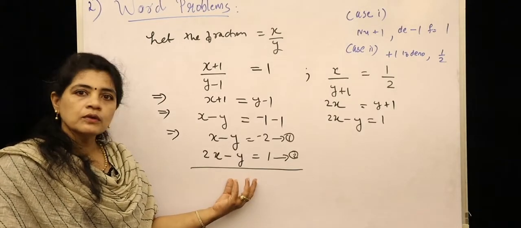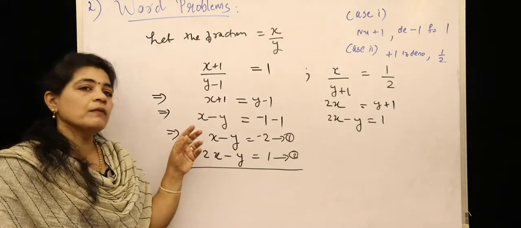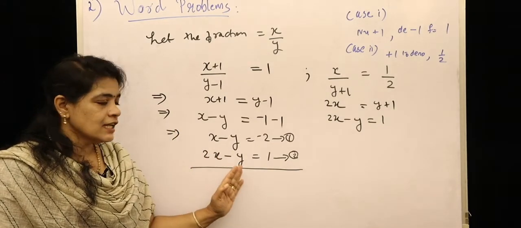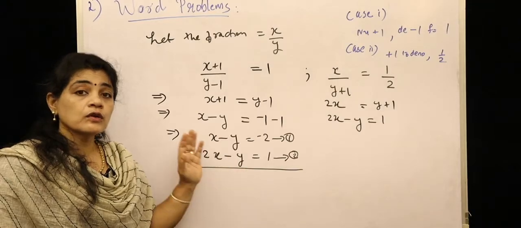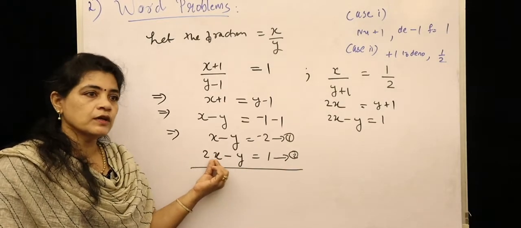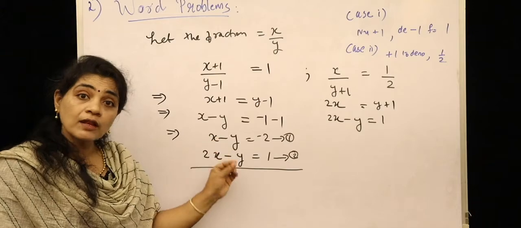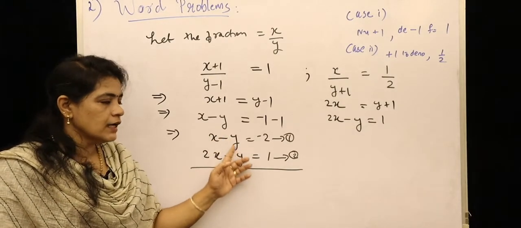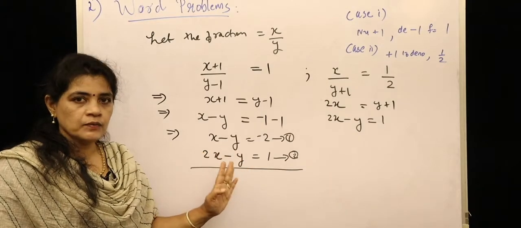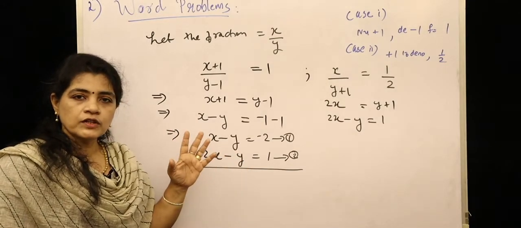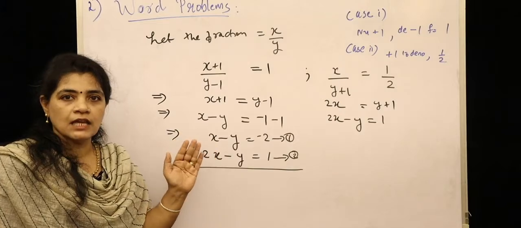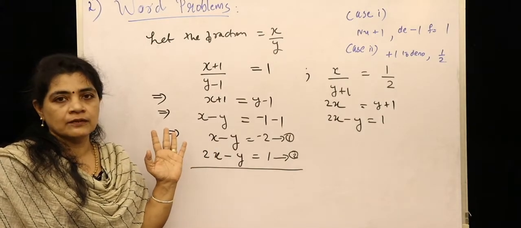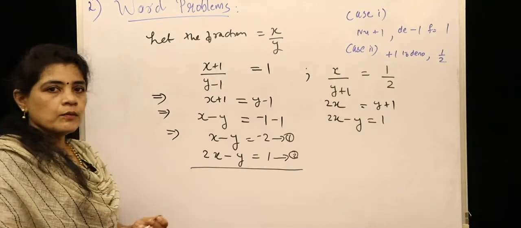So what to do? Here, without making the coefficient of x the same, we can easily eliminate y. Not only simply concentrate on the x term, you can eliminate the y term in the first step. Here this y term's coefficients are already the same. What I said is, if the coefficients of any of the variables are the same, you just subtract the equations in order to eliminate that term. So that is the next step I am going to do here.